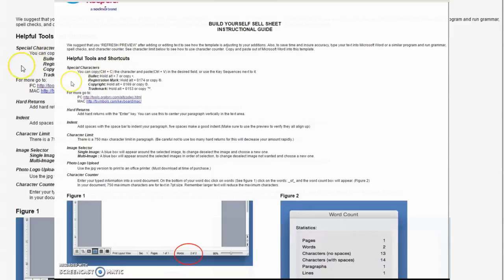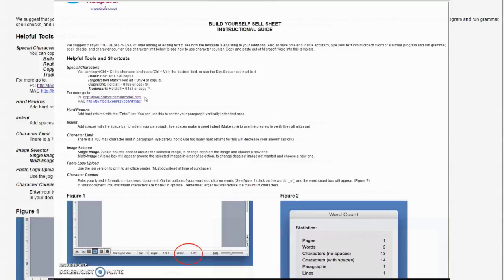Another thing is the special characters. You can put bullets, registration marks, copyright marks, things like that within your work. There's a certain way to do this, and one of them is to hold the Alt key and push in a sequence of numbers. Basically, you're putting in a code. However, there's an easier way to do this by essentially copying and pasting, and we have provided in here a nice URL